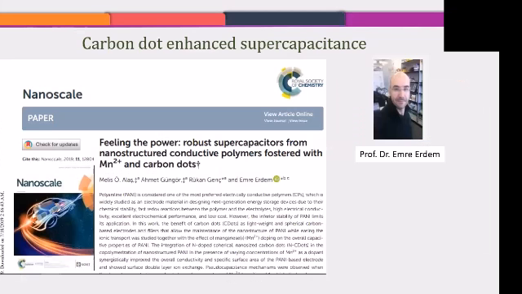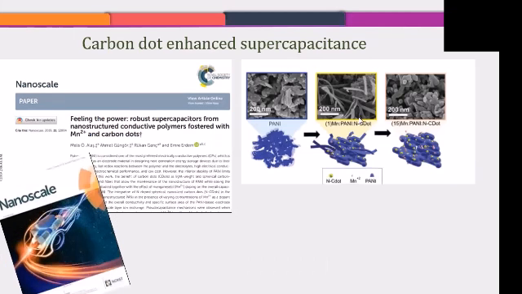So then, for the first time, we use carbon dots as a real electrode. One is combined with the polymer, a conductive polymer. We combine carbon dots on the first layer to increase the properties of polyaniline, which is again a polymer used for the supercapacitor applications. But again, it has some problems with the porosity. It has some problems with the homogeneity of the electrode and so on.